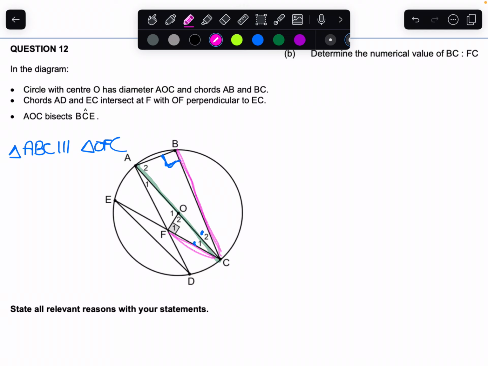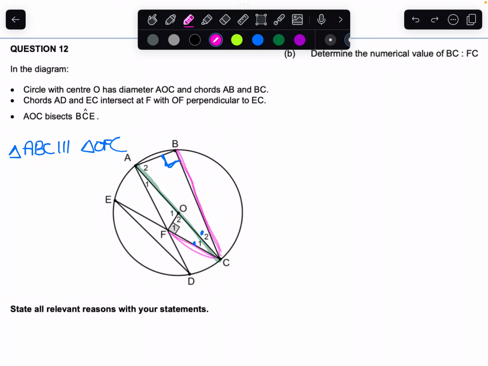Okay, cool. So the key thing that stands out for me is, what information do I know about the sides in ABC and OFC? We obviously haven't been given any numbers in terms of how long each side is. As I was highlighting my diameter again, it just struck me that AC is part of the bigger triangle ABC, and OC is part of the smaller triangle OFC, right? So if we just set up our, I don't know what you guys call it,